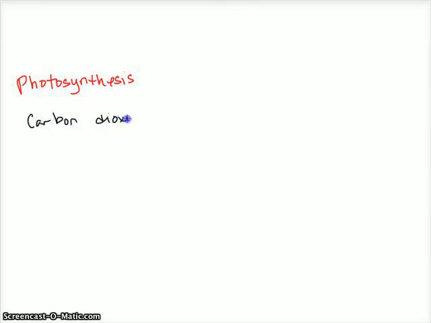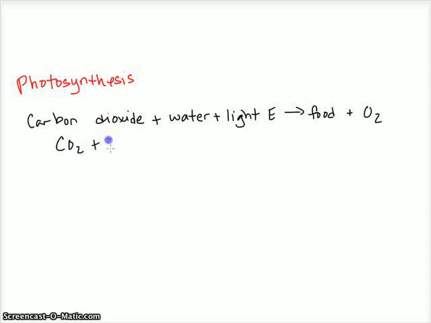carbon dioxide and water. Light energy is converted to chemical energy, which is stored in the chemical bonds of food molecules, and it releases oxygen, which is the byproduct of photosynthesis. In other words, photosynthesis can also be written in this chemical formula: H2O plus CO2 plus H2O, and light, capital E, is a shorthand for energy.